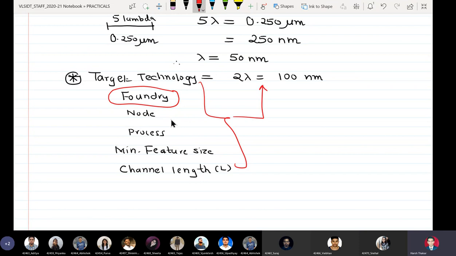That is why the question is asked, can you use an inferior foundry than 100 nanometers? Then I should choose a foundry which is greater than 100 nanometers. If it is asked, can you use a superior foundry than 100 nanometers? The answer is yes, I can use anything which has a value less than 100 nanometers. I will teach you how to change the foundry and make a design. That is why here the dimensions are in nanometers.